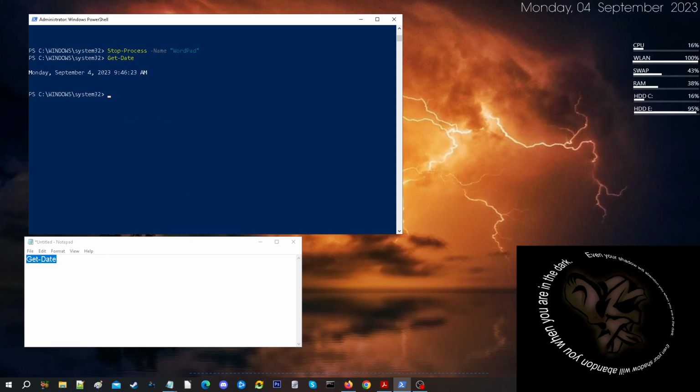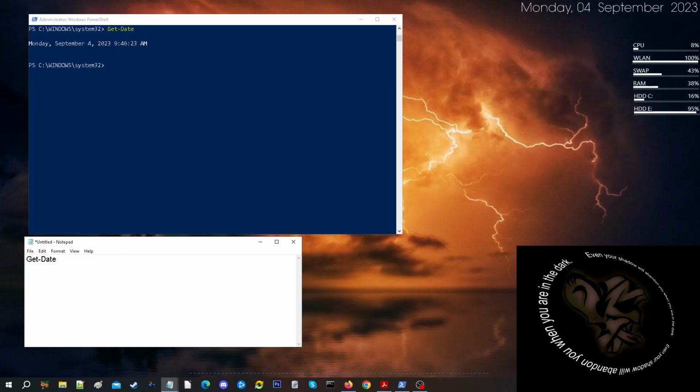Now, you could get a little bit more interesting with this. Let's just copy and paste. Next line, pipe it, space, pipe, and Format-List. You're just running two commands in tandem to get a result. You could do Format-List by itself, but it may not give you the result you want. Here, together,